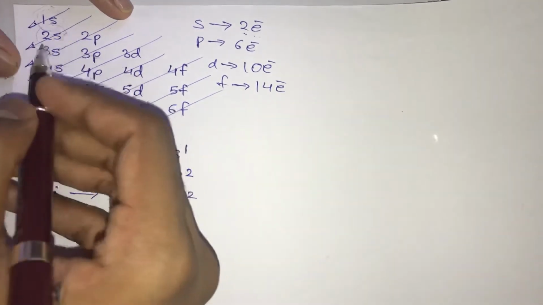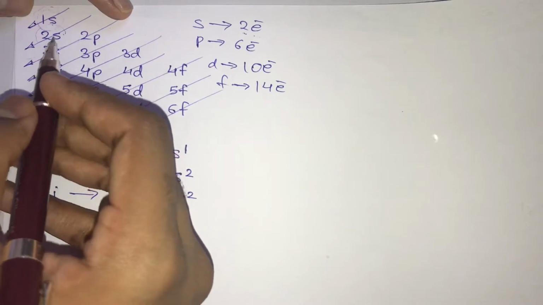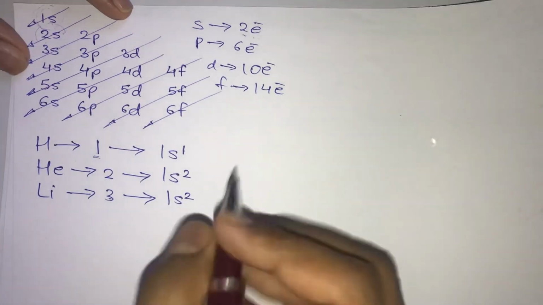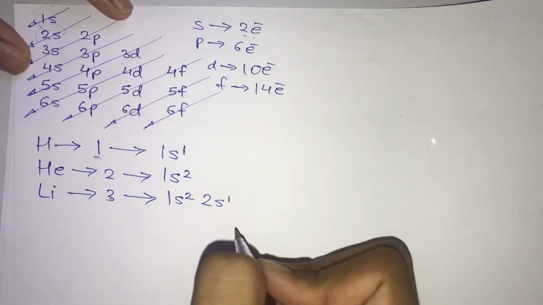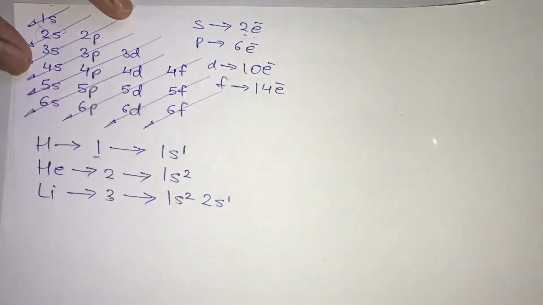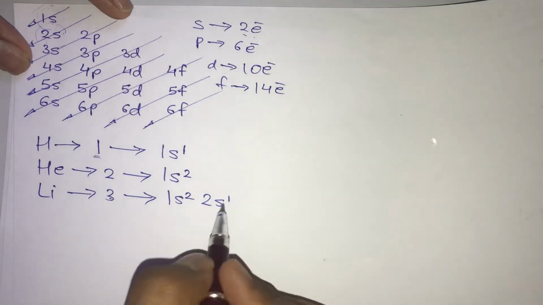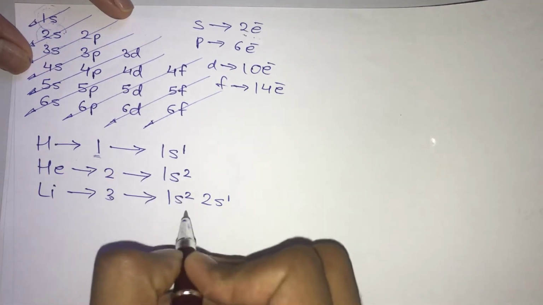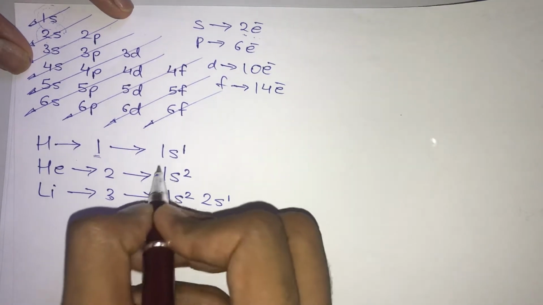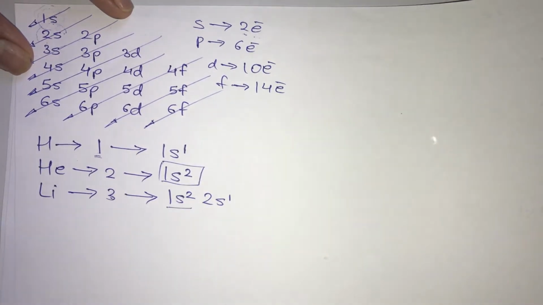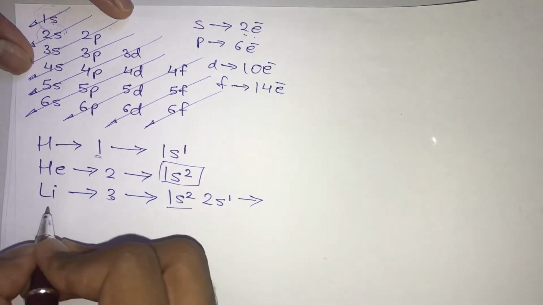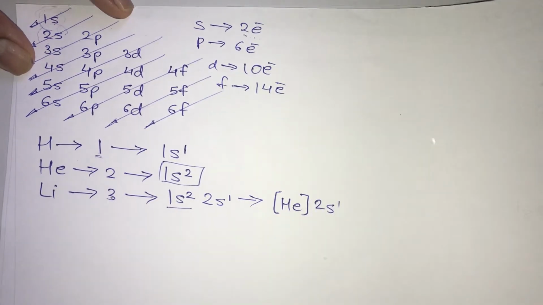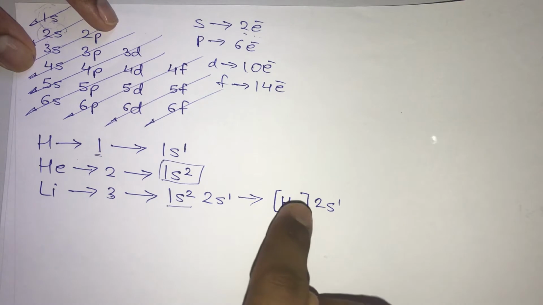So where is this next electron going to go? Obviously it will move to the second diagonal. When it moves to the second diagonal, there is only one subshell present over here, which is nothing but 2s. So this 2s is going to take that 1 electron. Although s can take 2 electrons, we have only 1 electron left, therefore it is obviously going to take the remaining 1 electron. Now if you observe here carefully, this 1s2 is nothing but the electronic configuration of helium. So you can also write the electronic configuration of lithium as helium 2s1. This is nothing but called a condensed electronic configuration.